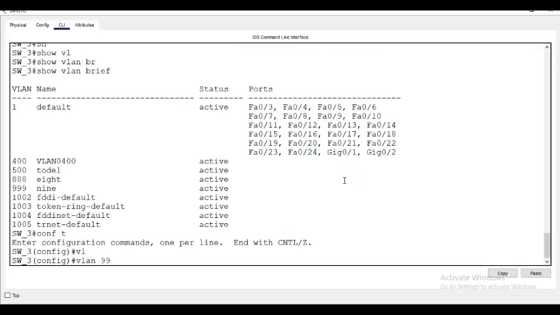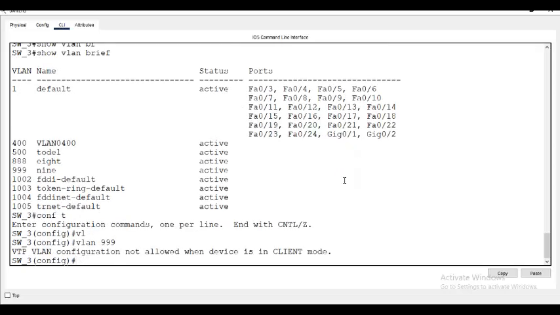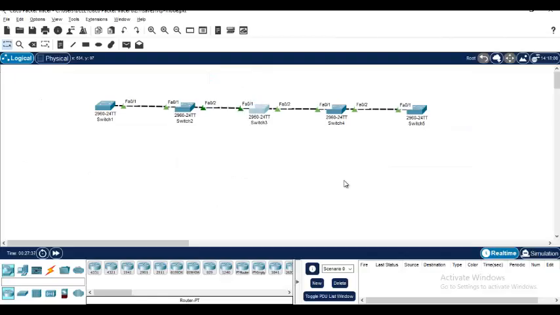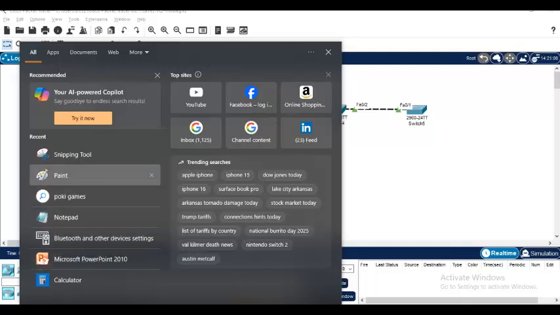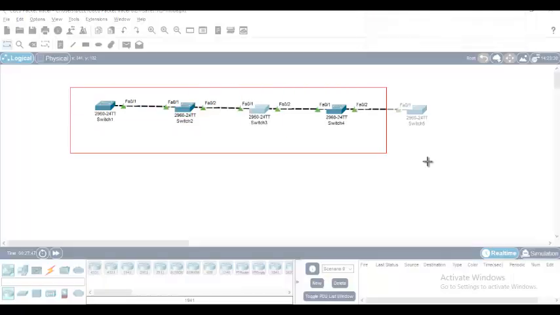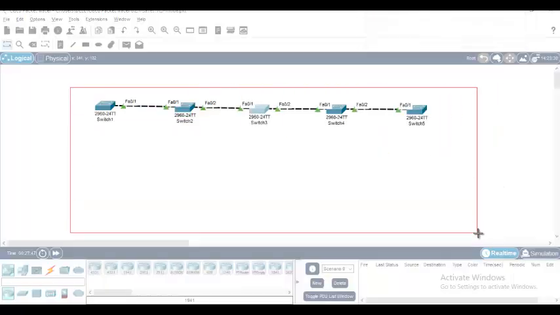Are they all the same domain? ABC. All the switches have the same domain name. And right now the VLANs that are already there in switch 3 will remain unchanged. I repeat,